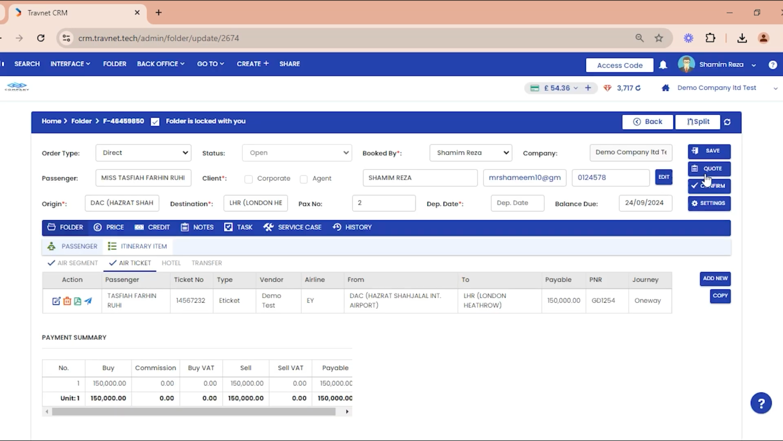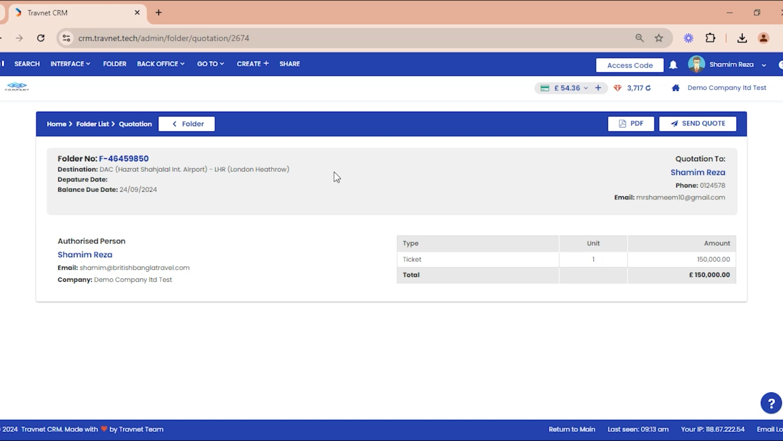This will enable the Quote and Confirm buttons. Clicking on Quote will take you to the quotation page. Here you will find the price breakdown of each itinerary item in the folder and the total quoted price. There is a Folder button to go back to the folder details page, PDF button to download the PDF file